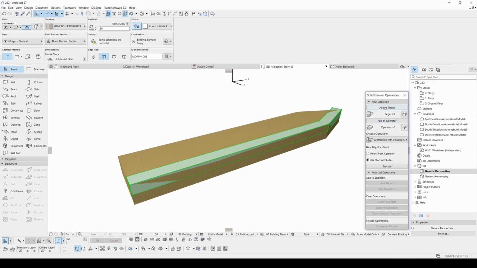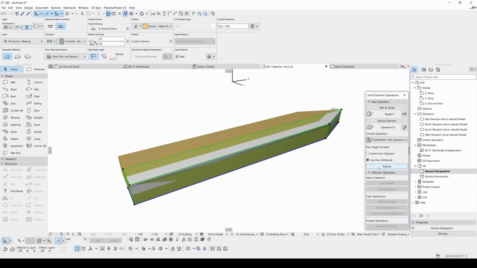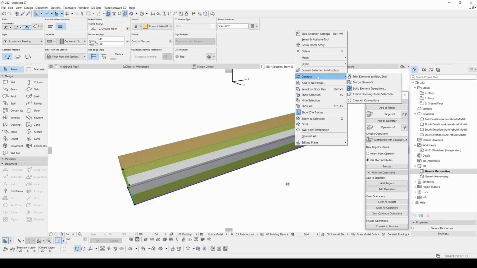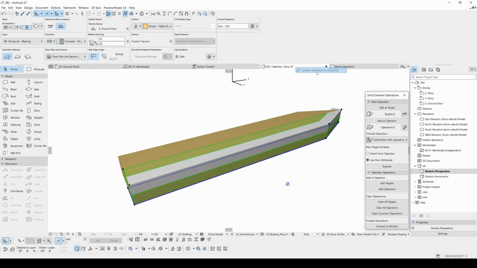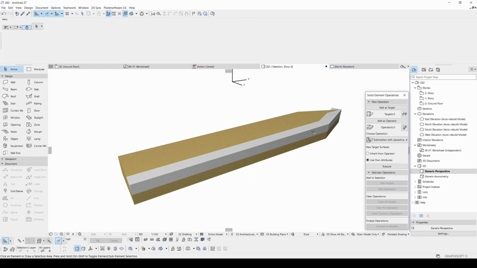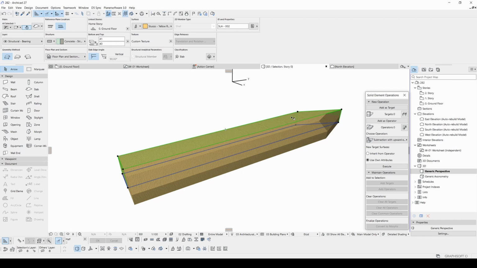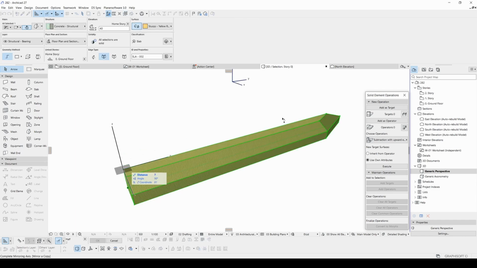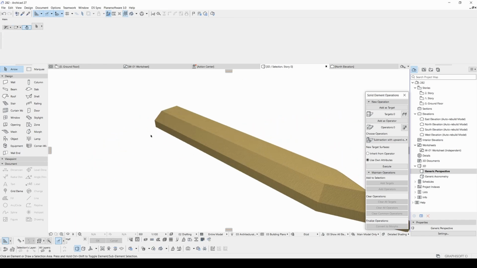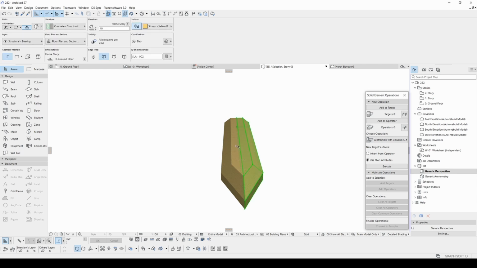Now this is going to be operator, this is going to be target, hit execute. After that we will convert this to the morph and delete this part. There we go.